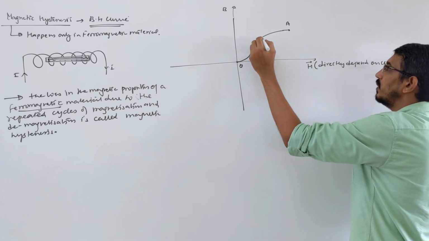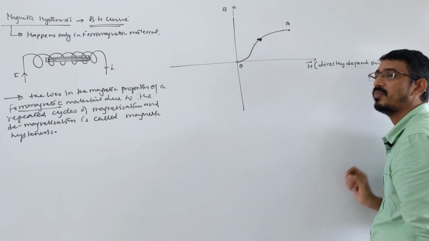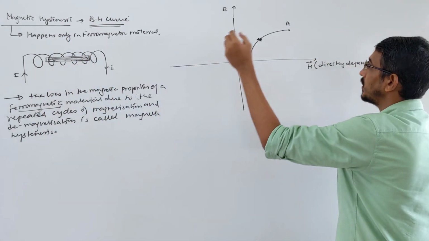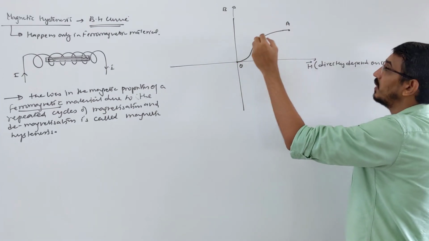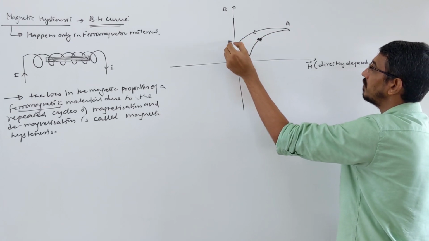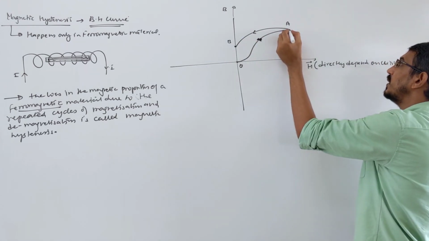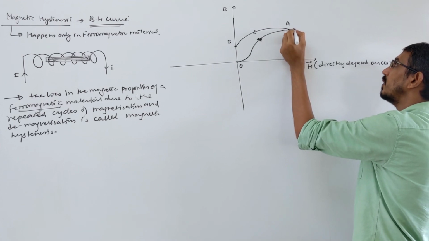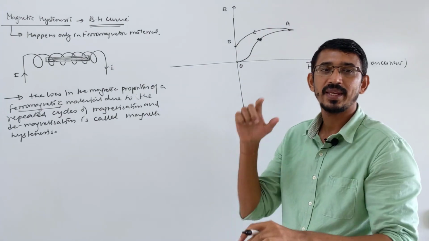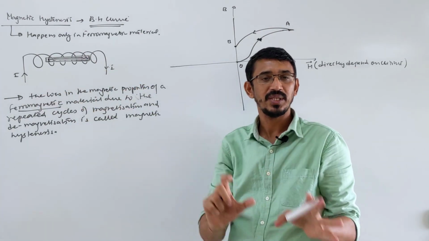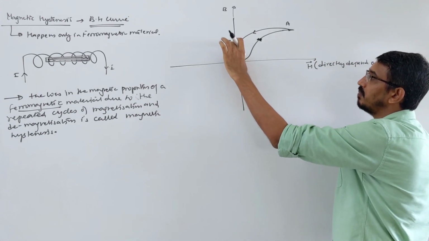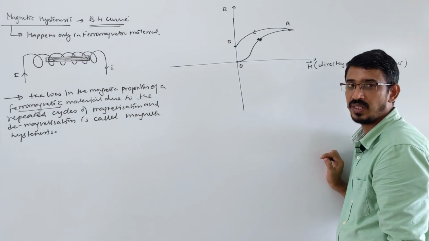Now you have magnetized this material, and you want to demagnetize it. So you reduce your current slowly. When you are reducing current slowly, this graph will not follow the same path. It comes down somewhere like here. Let's call that point B. Now watch carefully this graph. You have reduced your current to 0, but the magnetic field inside that magnetic material is not 0. Some value OB is there. Magnetic field is not 0.